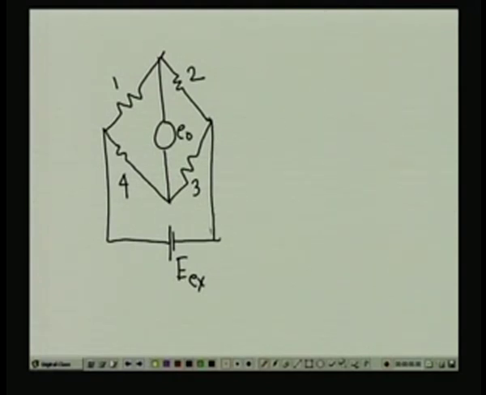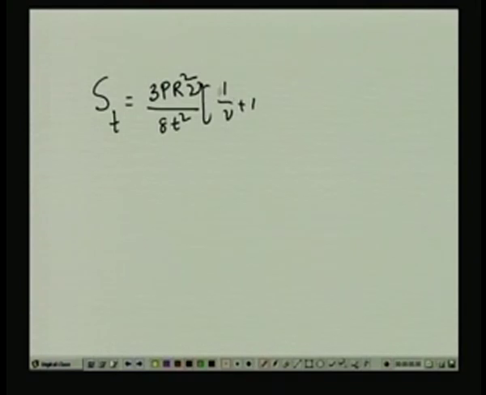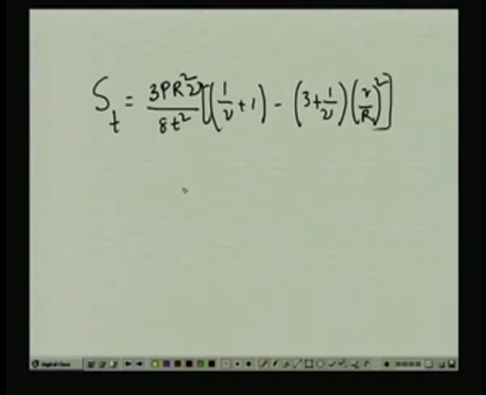Right, now tangential stress is given by, take a new page, St equal to 3 P r square nu by 8 t square, 1 by nu plus 1 minus 3 1 upon nu small r by capital R whole square, like this one,